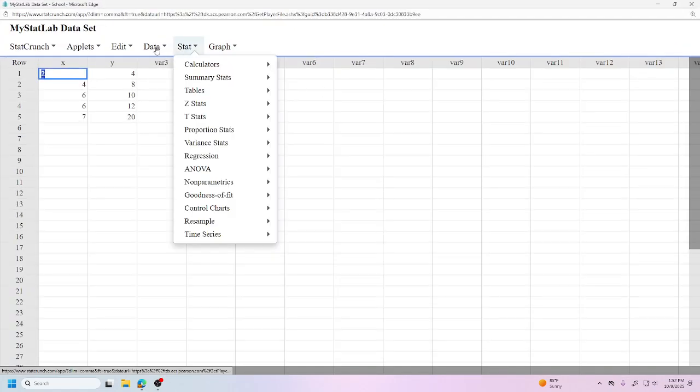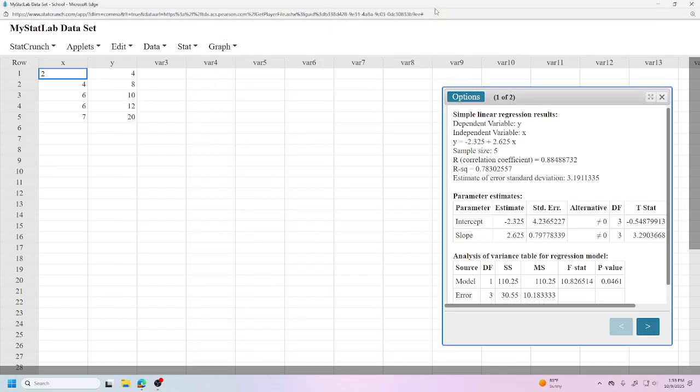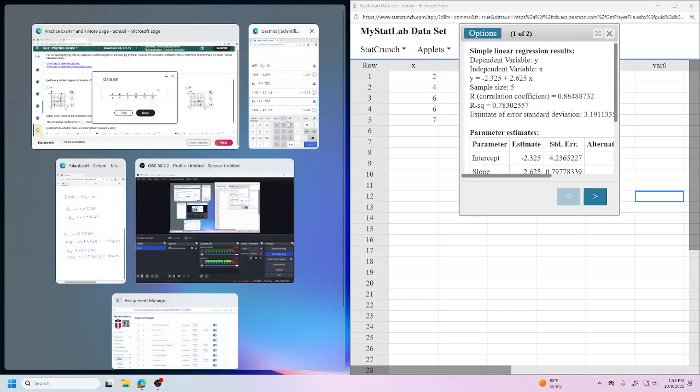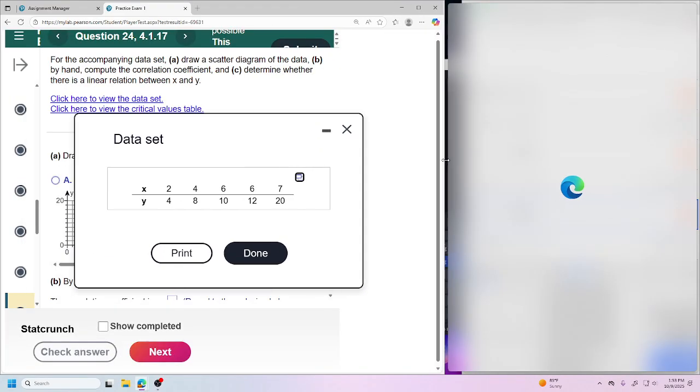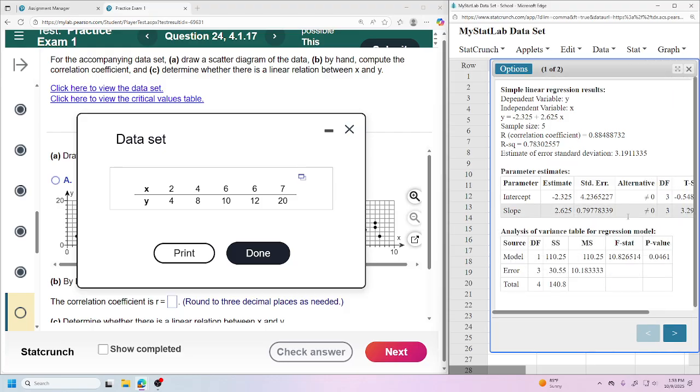I want to do that regression stuff. Right there, regression, simple linear. And so that's something to maybe write down. Once you're in the regression stuff with the scatter plots and whatever, you need to find R. So then you go R, regression, simple linear. X with X, Y with Y, and compute. Let's see what we got here. Let me do this. Okay, awesome. And expand this out a little bit. Okay.